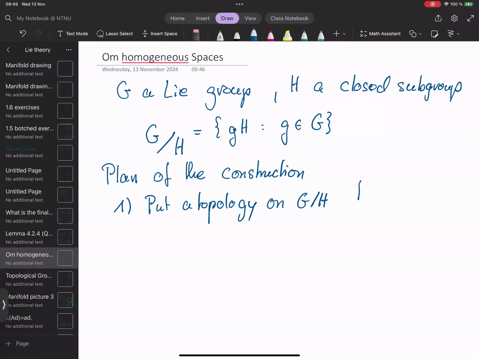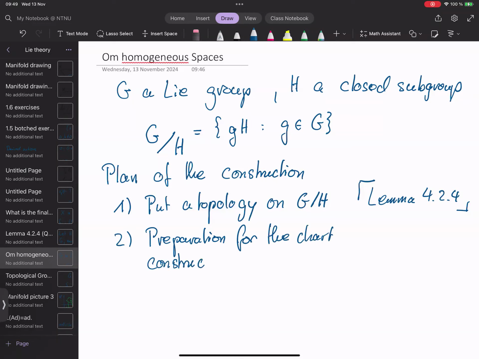So this will be the lemma for 2.4. That's where we need a little bit of topological group theory to do this. Then, as a preparation, for the chart construction,